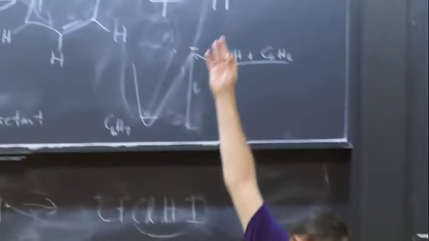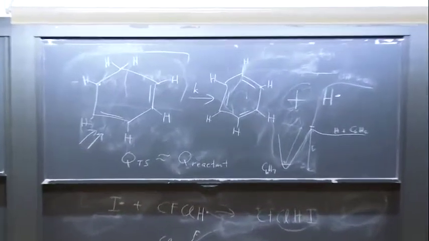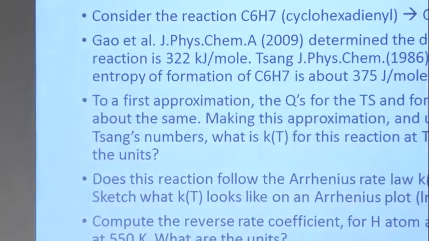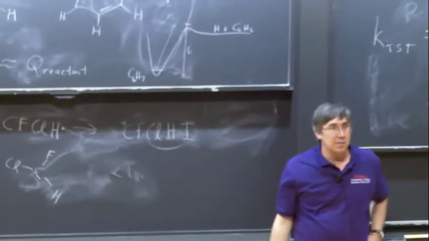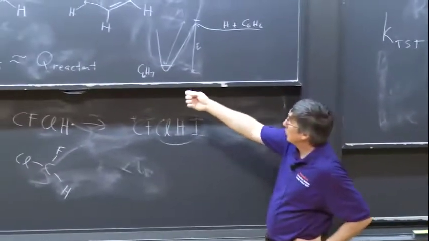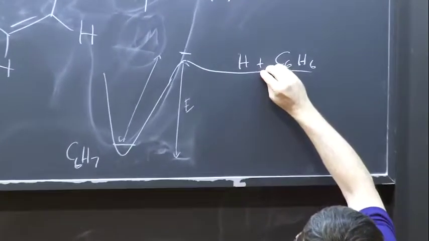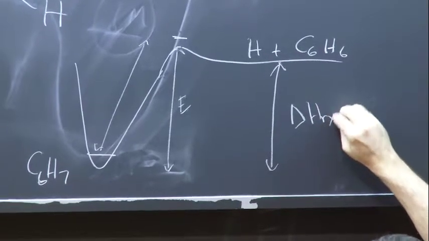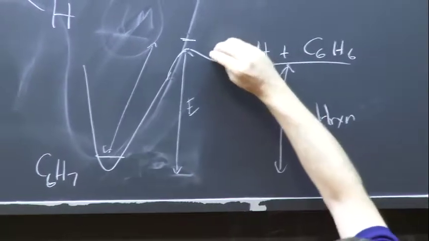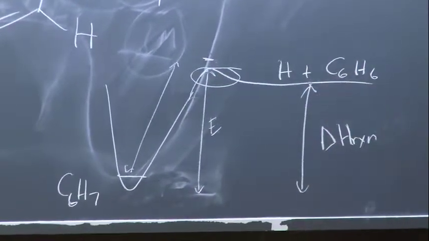But in the problem statement up there, it doesn't really say anything about barriers, right? You see anything about barriers up there? No. So we really don't know with this. But a good way to think about it is that we're just breaking off an H atom, breaking off a bond, and it's disappearing. So that's an endothermic process to break a chemical bond. So most of this barrier is this energy difference here. This is sort of the delta H of reaction. This is the big number. And then there's a little tiny number here because the energy of the barrier here is different than the energy of the product. You see that?